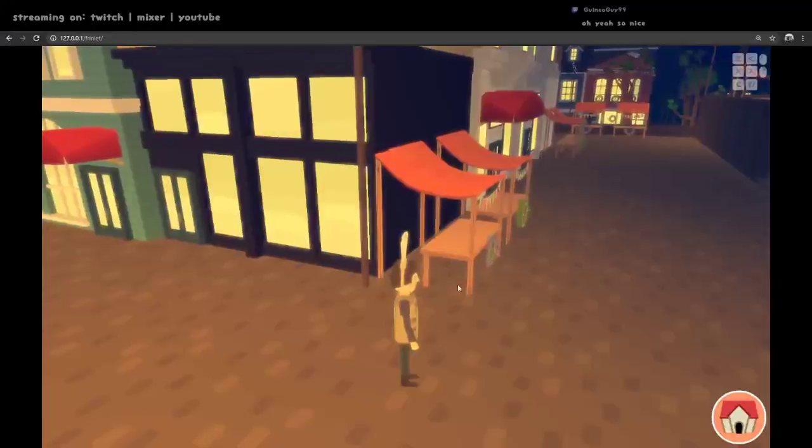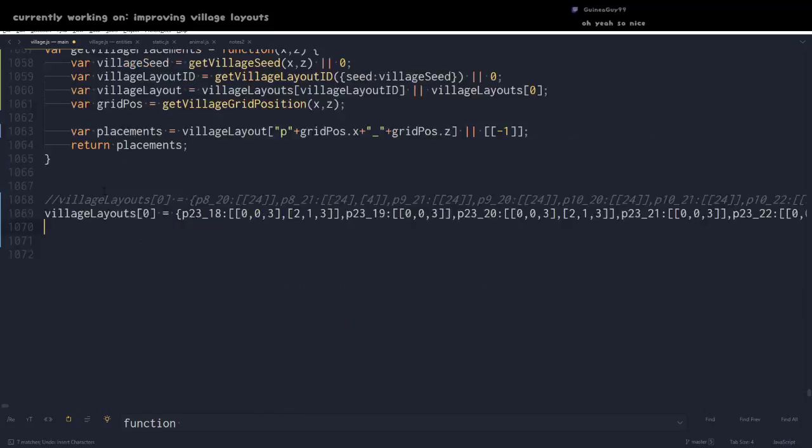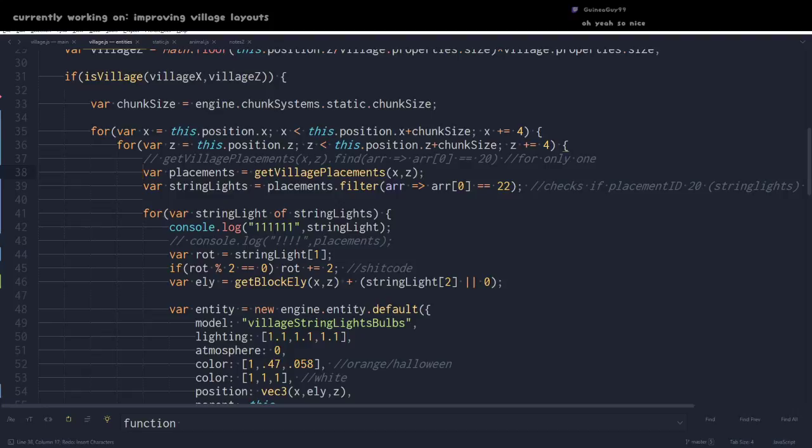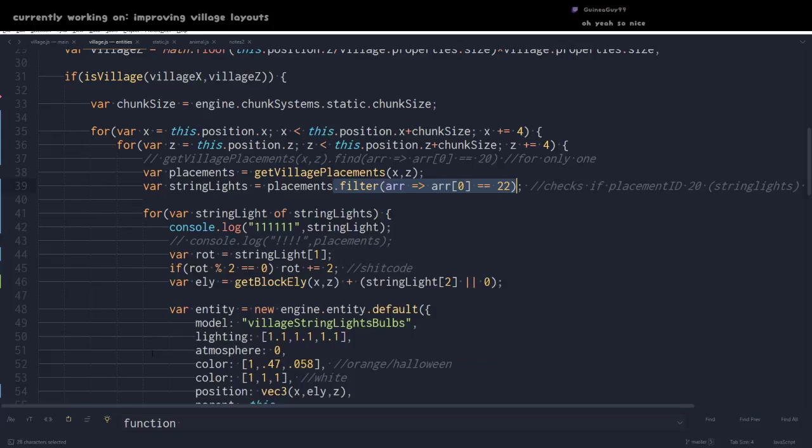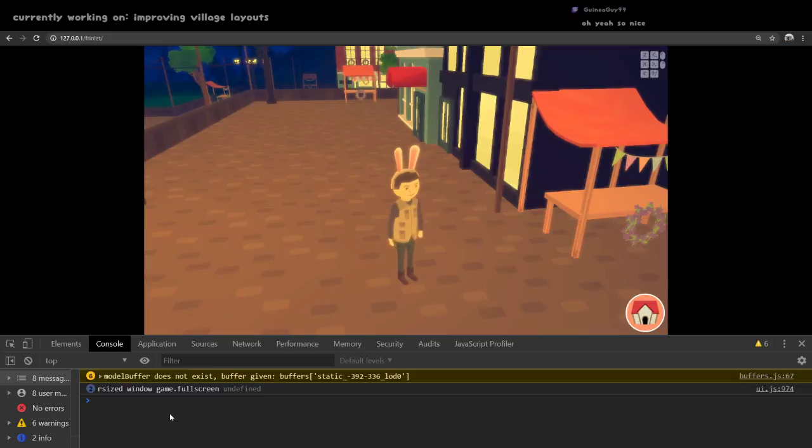All right. What's going on with these string lights? I'm trying to figure out what I want to log for them. We can filter our entire array to find how many are in here, and then look at how many get logged out, right? How many it's discovering versus how many are in the layout. So if I did our village layouts, here's another global object, our village layouts at index 0, and if we ran that filter on it,